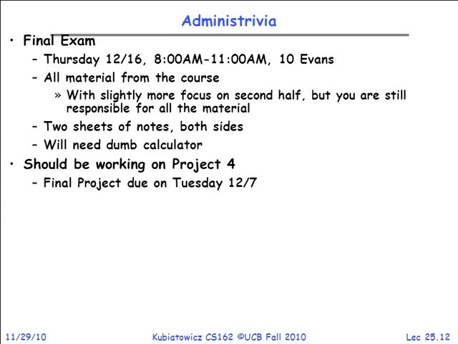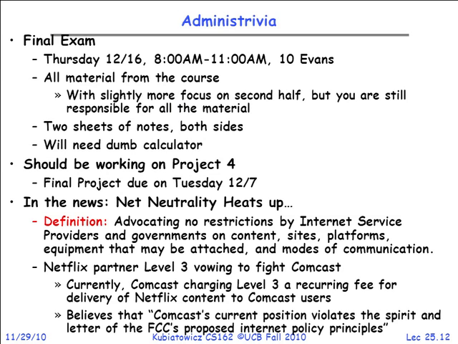So, I ran into this today, which I thought was pretty interesting. Net neutrality has been more and more in the news, and Comcast has been at the center of it as one of the chief violators, maybe. So what is net neutrality? I'm not going to go into it a lot today, but it's basically this notion of advocating there be no restrictions by internet service providers or governments on content, sites, platforms, equipment that may be attached, modes of communication. So net neutrality is kind of patterned after what happened with the telephone companies back when the Bell monopoly